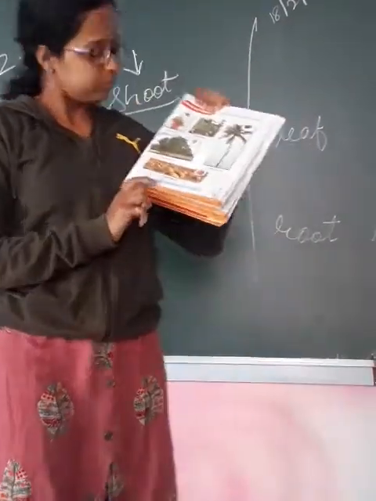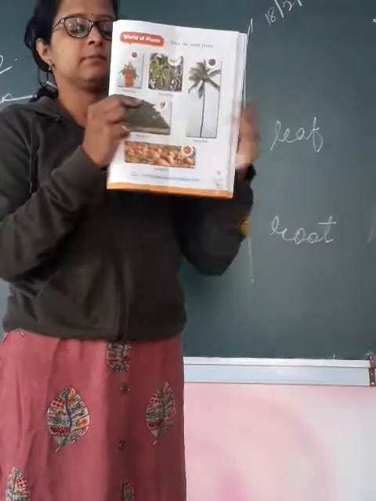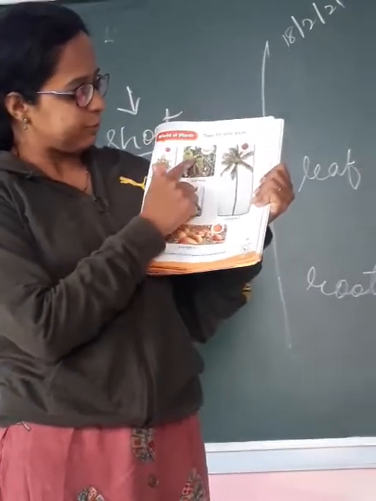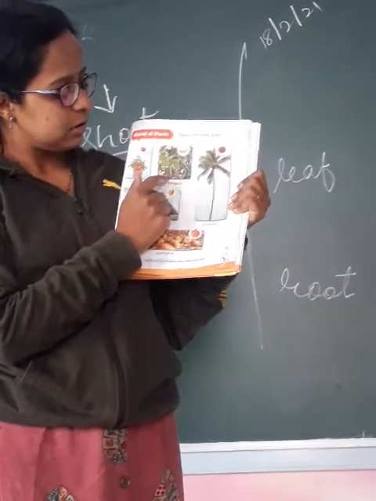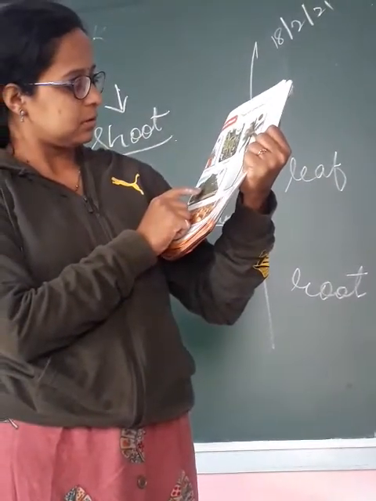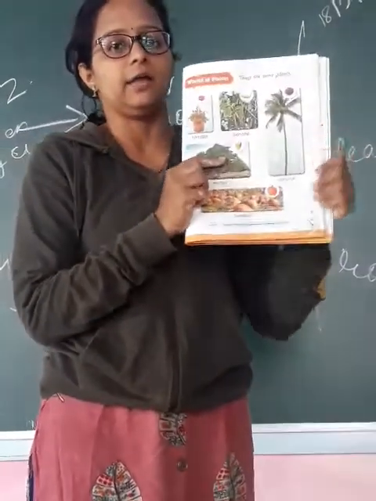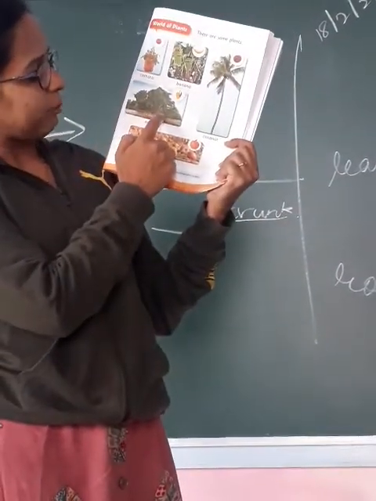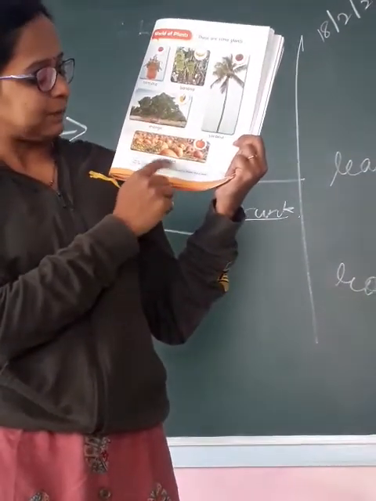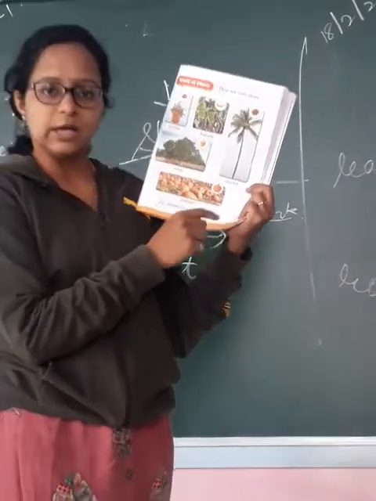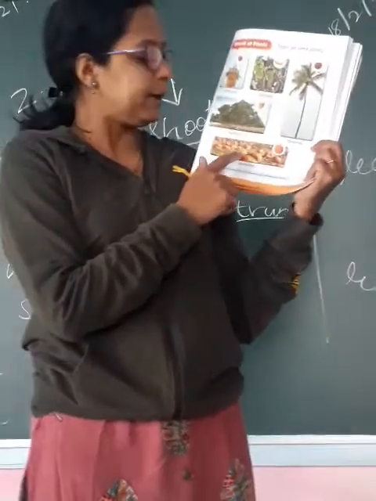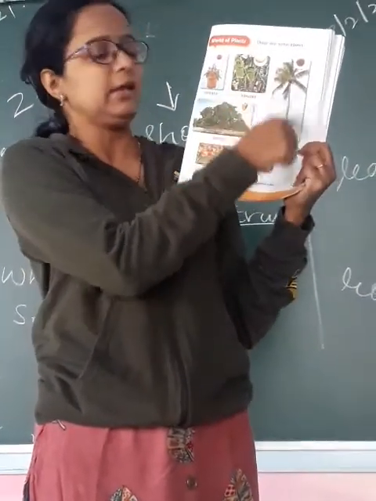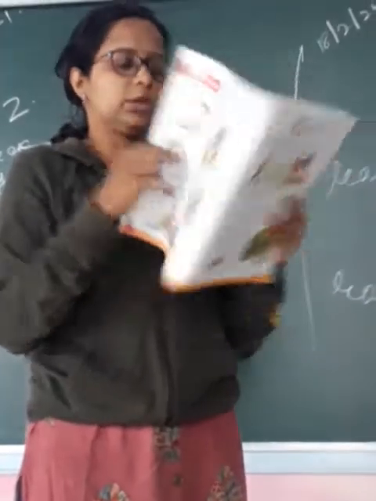Turn your page. There are some plants. We will just read out. This is the tomato plant. See how it grows. Then you have the banana plant, which grows very short, not too high. Then you have the coconut plant, which is the longest. You can see. Then you have the mango plant. See, and the pumpkin. Pumpkin is the plant which grows to the ground. Okay, it is a creeper plant. It does not grow straight. It grows only along the ground. It does not grow like any other plant. Okay, turn your page.